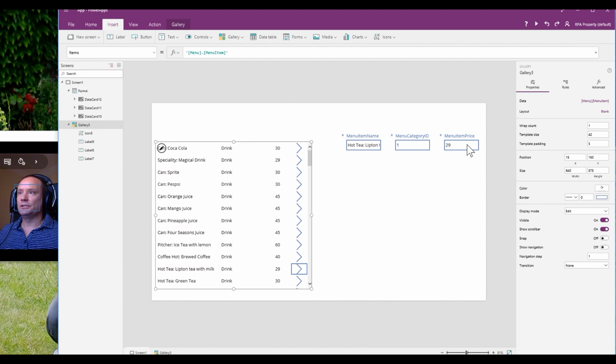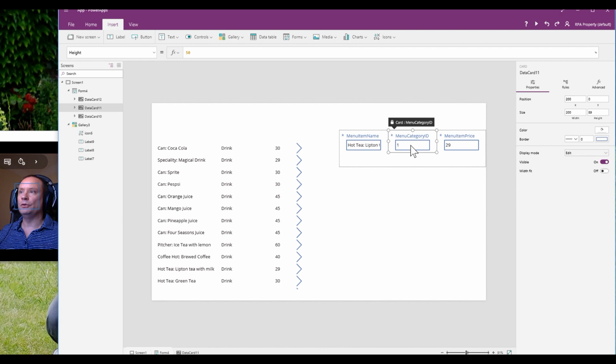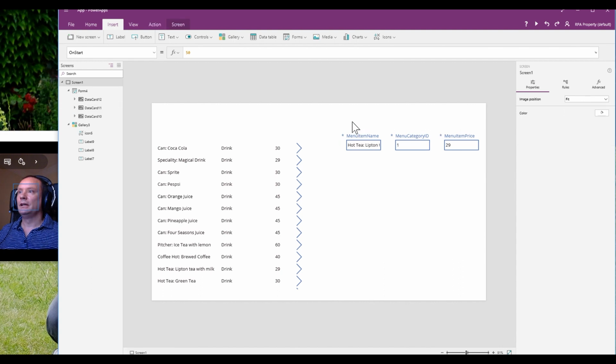Okay, so here we are. So we've got our form set up, and again what we're seeing is the category ID, and what we want to see is ideally a drop down of the different categories that are available so that we can modify it. So what I'm going to do is add a drop down, but the first